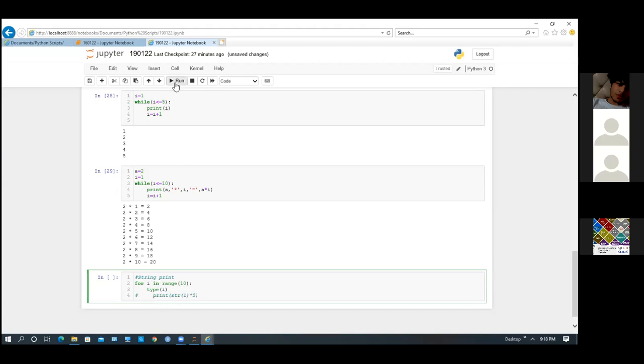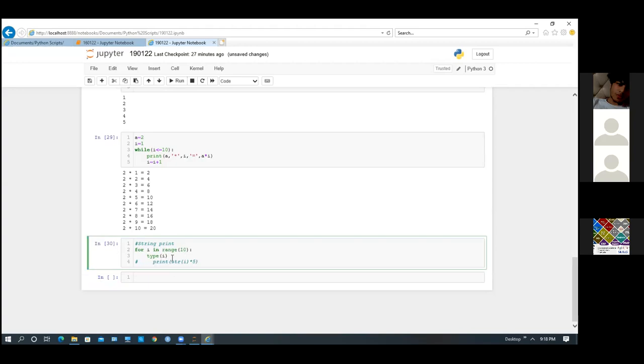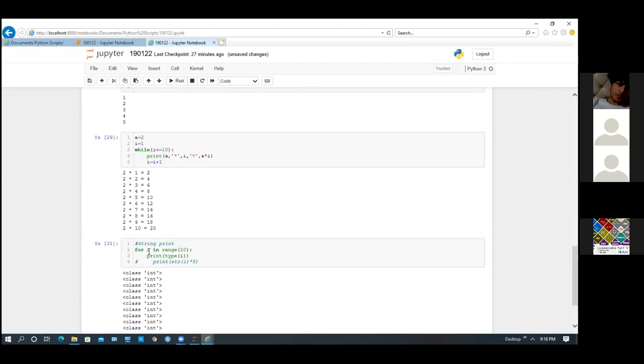If I print type of I, it is an integer. So by default, in a for loop with range, the value is an integer. What we are doing here is converting the integer into a string by writing str and I in brackets. This is called typecasting.